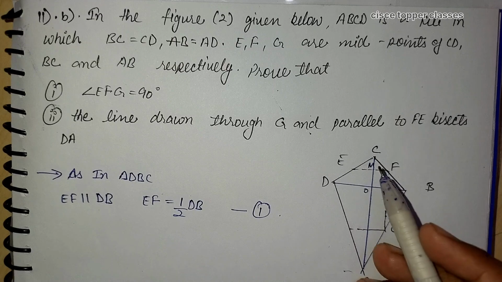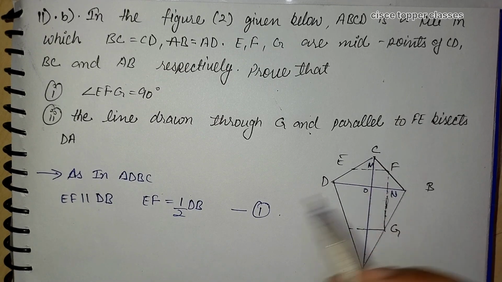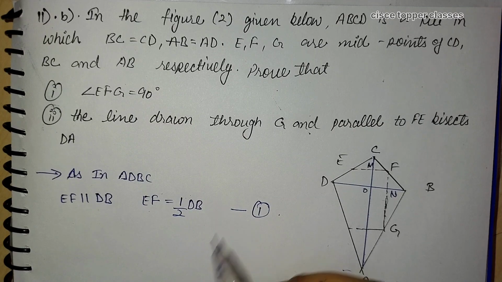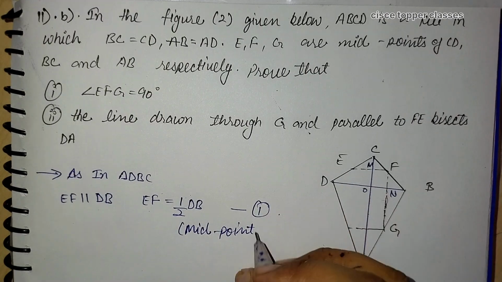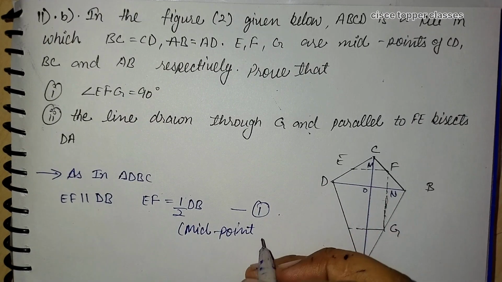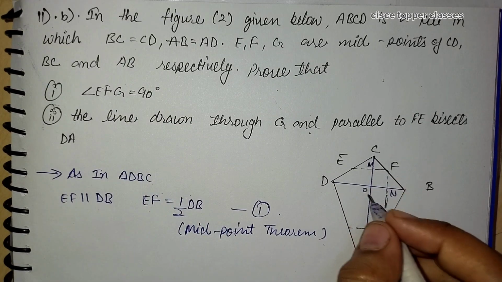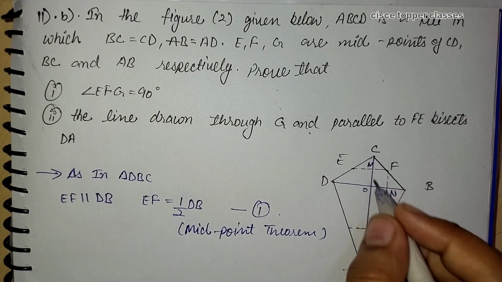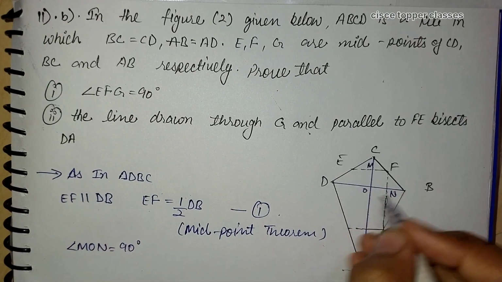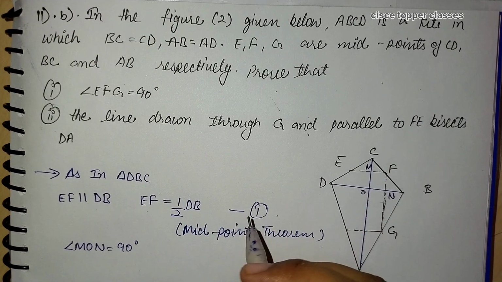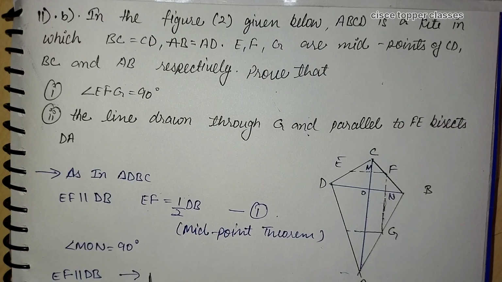Simply in triangle DBC, we can say that EF is parallel to DB, and E and F are midpoints of DC and BC. So we can write EF as half of DB by the midpoint theorem. Now, as the kite diagonals intersect at right angles, we can write angle MON is equal to 90 degrees. From here, as EF is parallel to DB, we can say that MF is parallel to